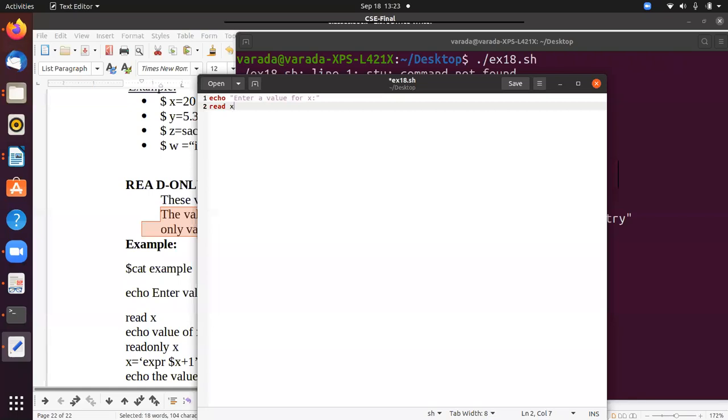Read is a function similar to scanf, and echo is like printf. Then echo the a value. How can we access the a value? Dollar a.